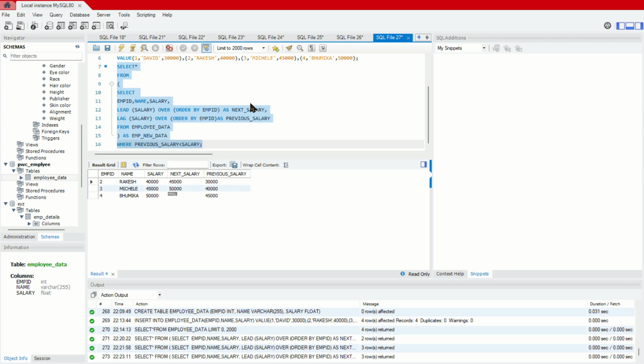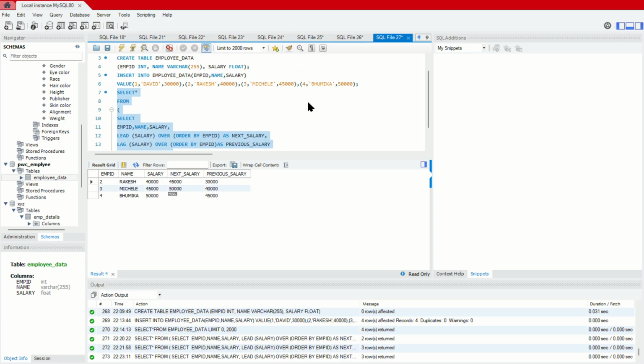Now David is gone. Why is David gone? The condition is previous salary should be less than the next salary, correct? So Rakesh's salary is greater than David's, that's why Rakesh's name is there. Michael's salary is greater than Rakesh's, that's why Michael is there. Bhumika's salary is greater than Michael's, that's why Bhumika's name is there. So this is our answer. You can easily answer